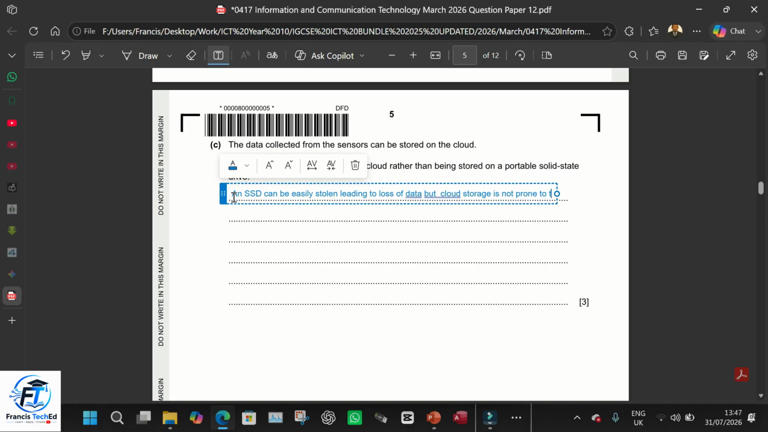Cloud storage is not a physical storage that is moved around easily. There are huge data centers in different parts of the world that are properly guarded and properly taken care of, so data cannot be lost easily. But with an SSD, which is a physical device, if you misplace your SSD, data is lost. All right, another advantage,